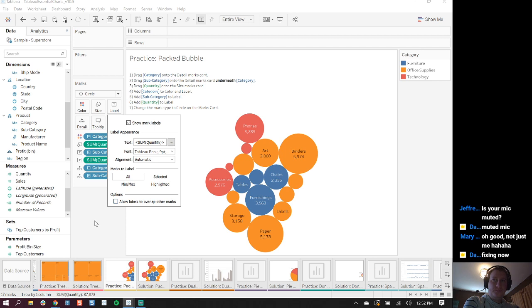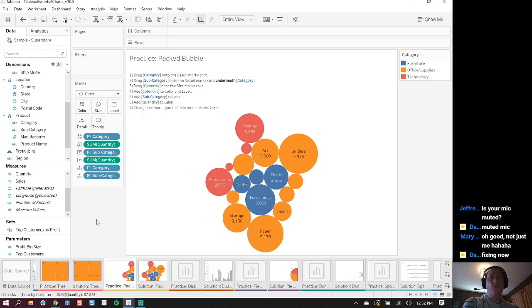So what's better is, on some visualization types, you can actually make the size bigger so there's more room for the label. But that doesn't exist with a packed bubble chart or a tree map or a pie chart. You can't make the size bigger, but some visualizations you can to give it more room. Excellent question,